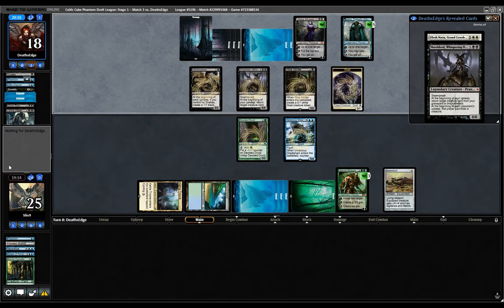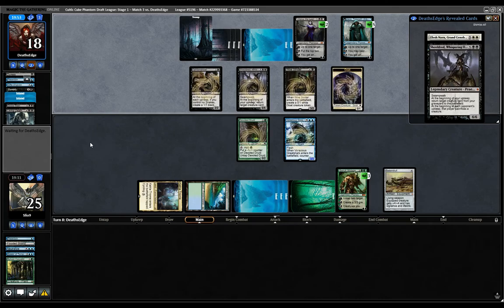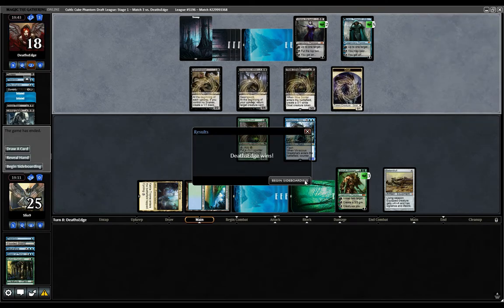Okay. I think this game's over. I need to draw. How am I winning? How in the world am I winning? Fight Club? No, Jace, Telepath Unbound. This game's over. They can just flashback, Zombify, and rebuy even if I kill the...